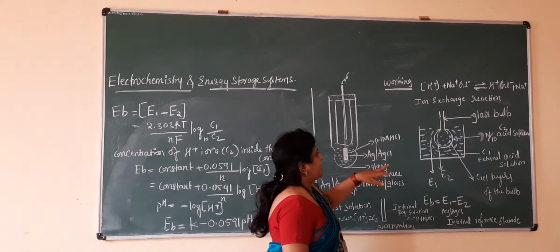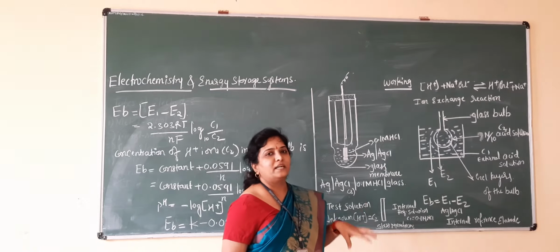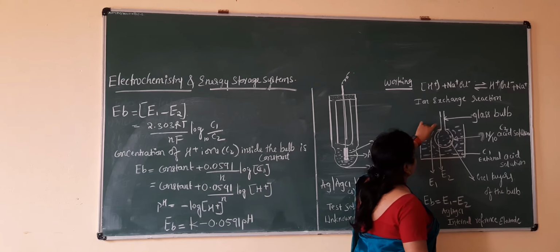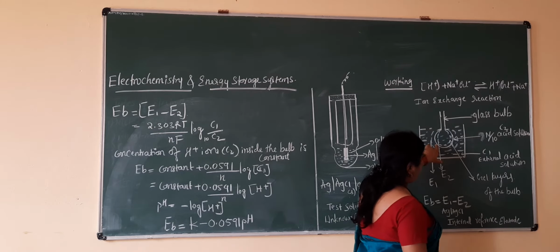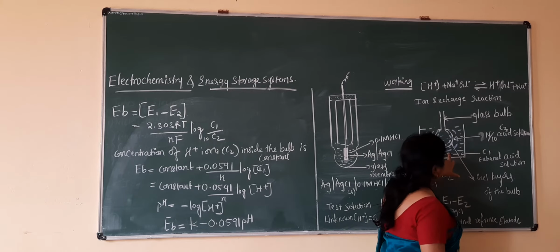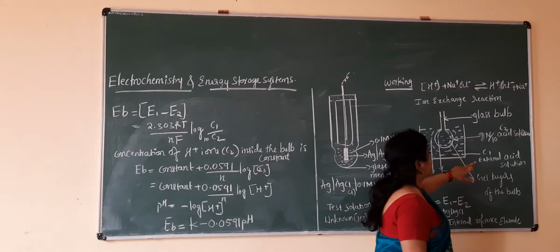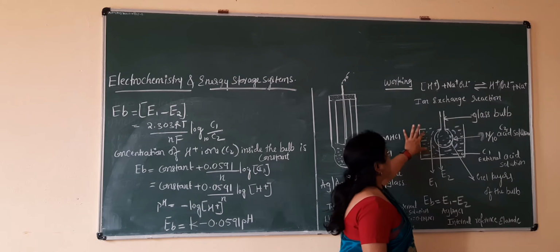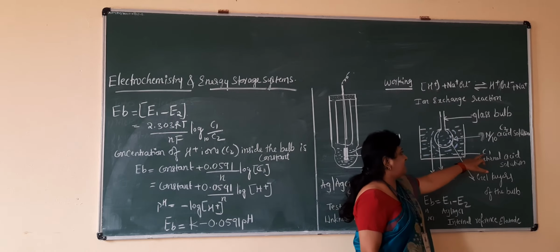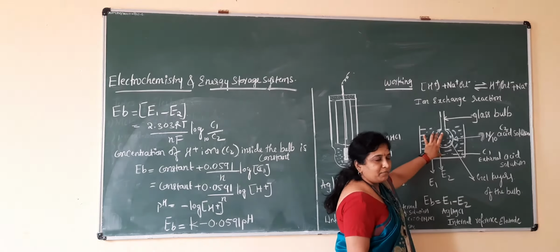Okay, in that we have to take acid solution, and in that we have to dip this glass electrode. So what will happen when we dip this glass electrode inside? Let us take the C1 solution here. C1 is the external acid solution. This is the C1 solution, let us name it as C1. So we have taken the acid solution in the beaker and dipped the glass electrode in the beaker.